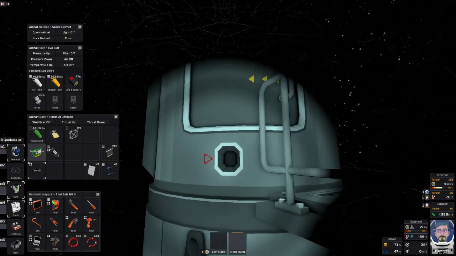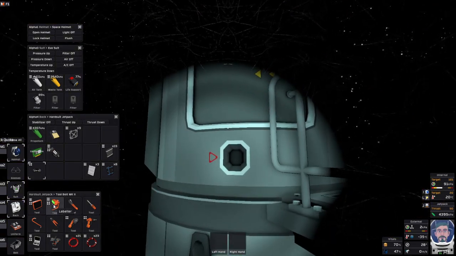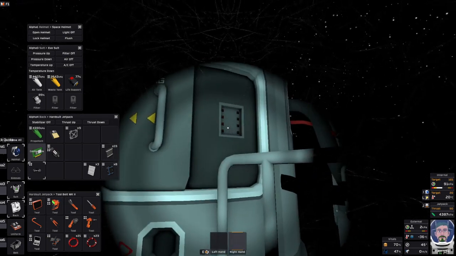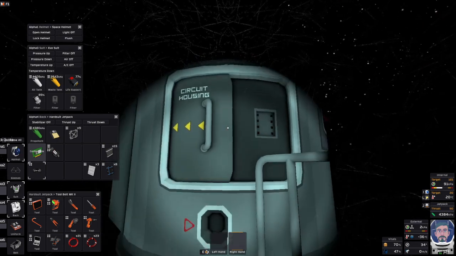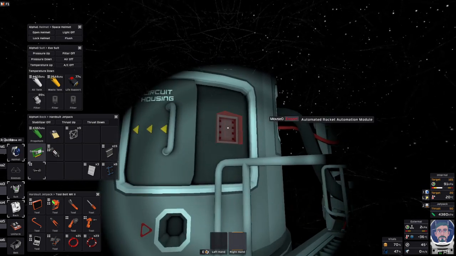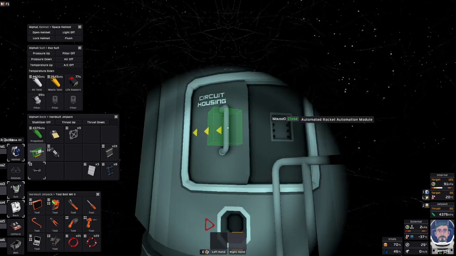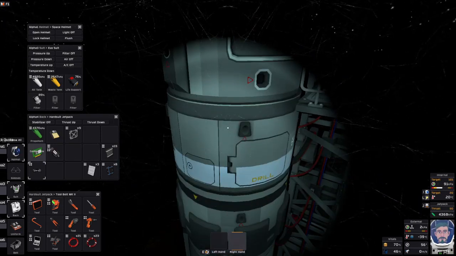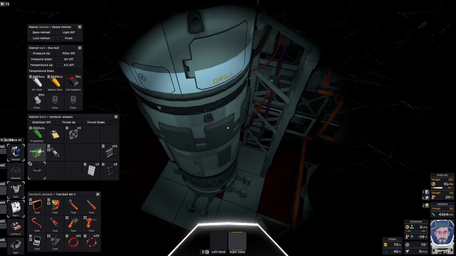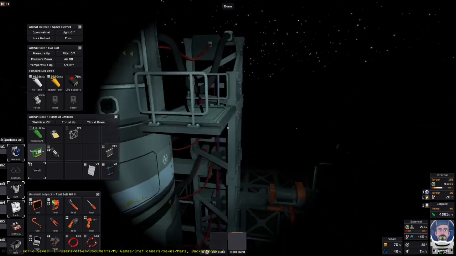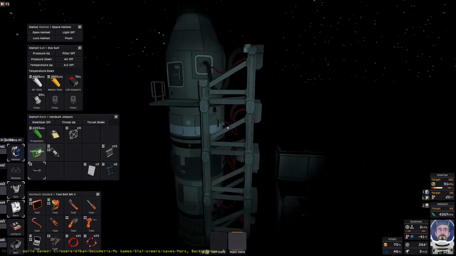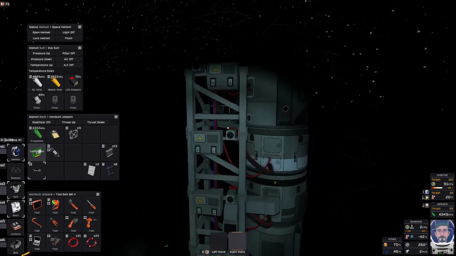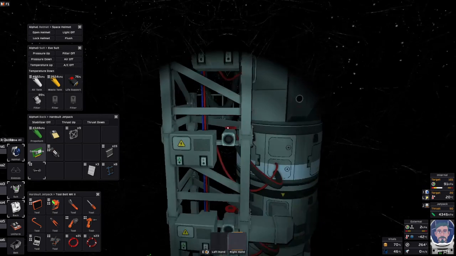There we go. Okay, so that is all of the stuff. Also, if that's the circuit housing, so I could program this thing and then put it into here and just have this thing just run. And I wouldn't need any other, that would be very cool. Okay. So, here is our rocket doing its, you know, little rocket thing here. I don't know if I need all of these things to be connected,